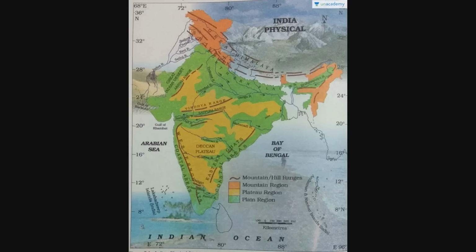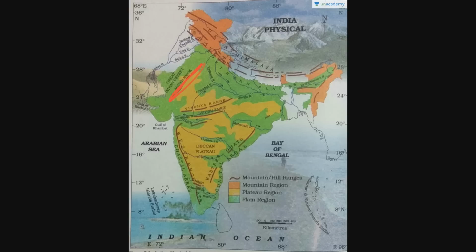Now this map I was talking about, we will just see what all things are here. See, first we have this Greater Himalaya, then we have Shivalik. I told you we have the parallel ranges of Himalaya. Here this entire green is the plains. In the northern plain, you will see this Ganga river here, this Brahmaputra here. There you will have this Sundarban Delta.